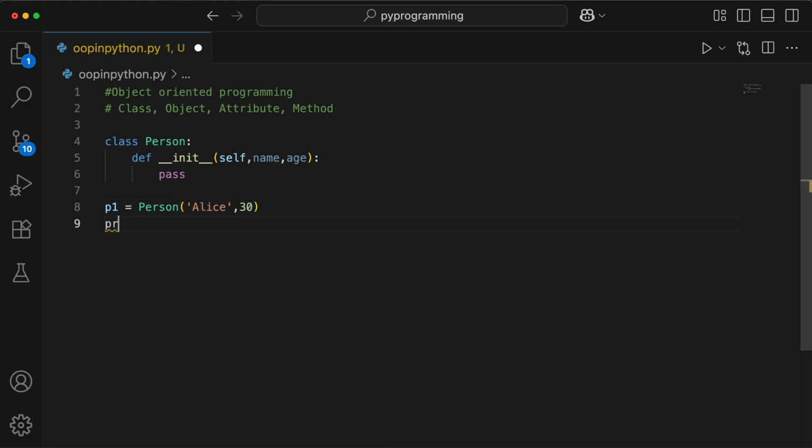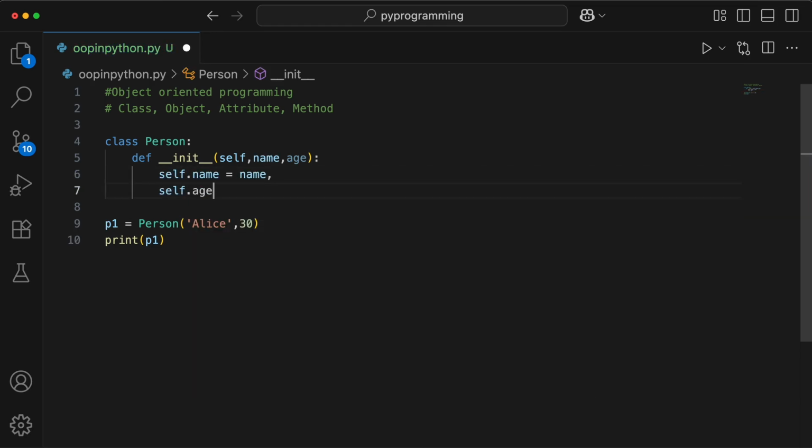But for now, if I try to print this object, we'll not see anything in the output. This is because whenever you are creating an object, the constructor is called, and in the constructor, you have to assign the values. As in, you need to initialize, or you can think of it as setting up the object's data. This is basically going to help you set up the object and store the data. Here we would have to write something like this: self.name equals name, self.age equals age.